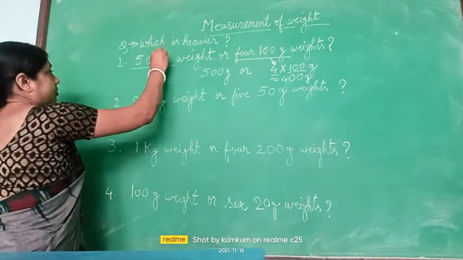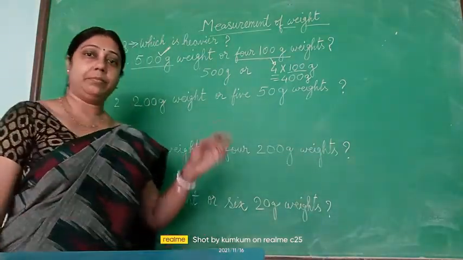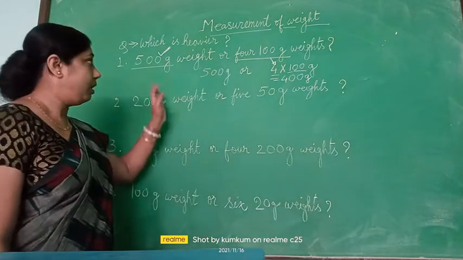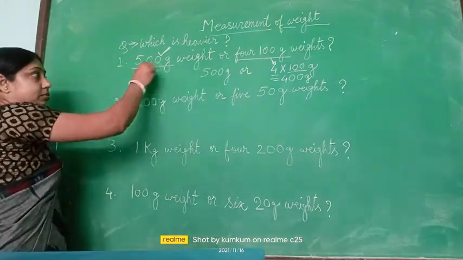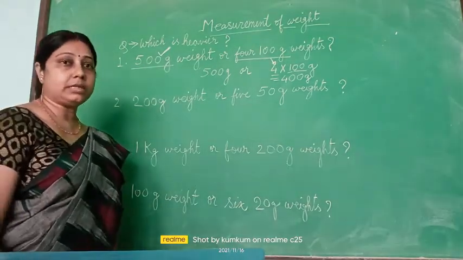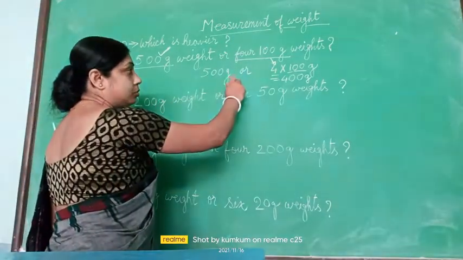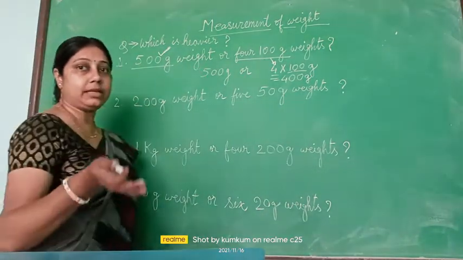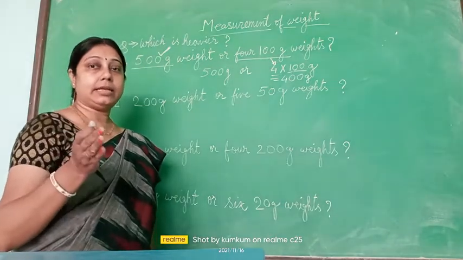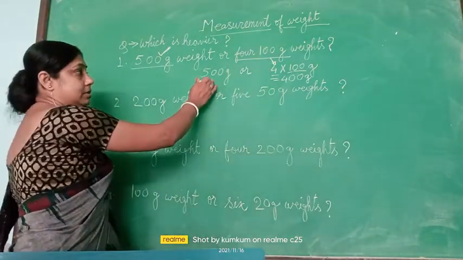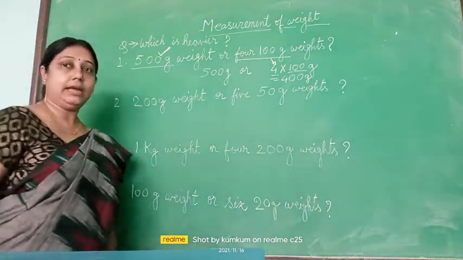So we are going to tick over it. Or below you can write the answer, 500 gram. If you are copying the question, you can tick it over the question, or if you are not copying the question, directly write the answer 500 gram. Here I have just explained you, so no need to write all this. Just for explanation I am writing. You can do it as rough work in another place. To understand, if you want to solve like this, you can do this type of explanation in your rough work. And here you should write down only the answer.